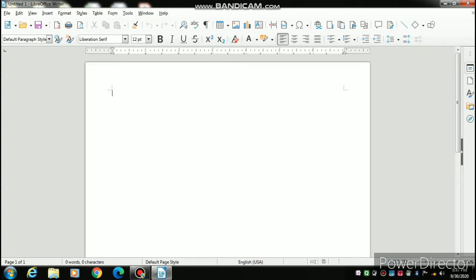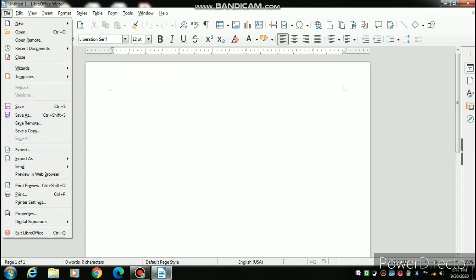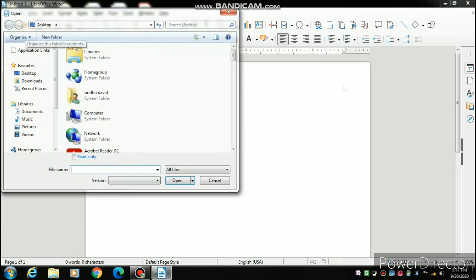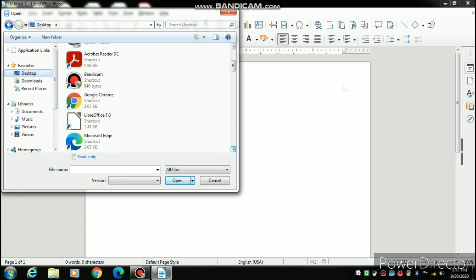Now students, I will tell you, if you want to use the same file again for further correction or updation or any kind of formatting, what you should do, you have to click on the file menu. This time you have to choose the open option. When you choose open, it will ask the location from where you want to get your file. So my location was desktop. After desktop, all the files and folders that exist in the desktop will come on the screen.